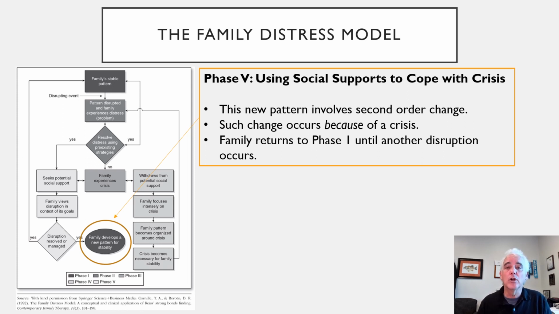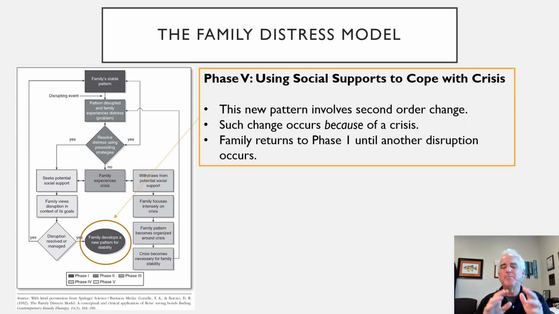This change occurs because of a crisis. Something has to shift the family off their center. I mean, as long as the family's balanced and doing fine, they're not going to change. But when a crisis comes and shifts that homeostasis, then they have to respond in some way by reorganizing their family. Now, once they are reorganized and they've got some coping skills, then they can move back to phase one with this new normal or new predictable patterns of functioning, right?